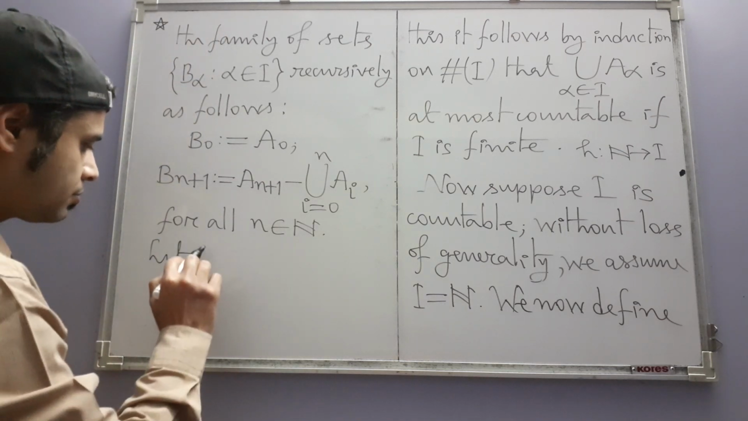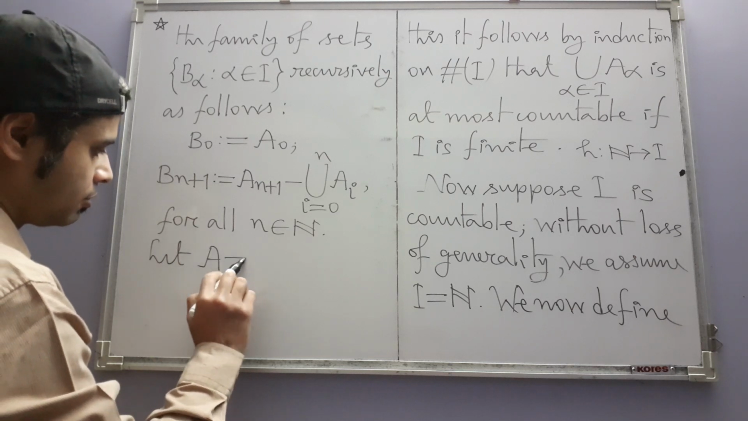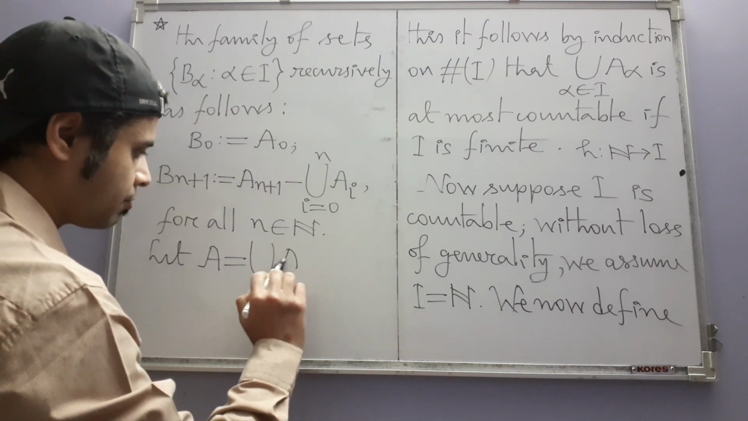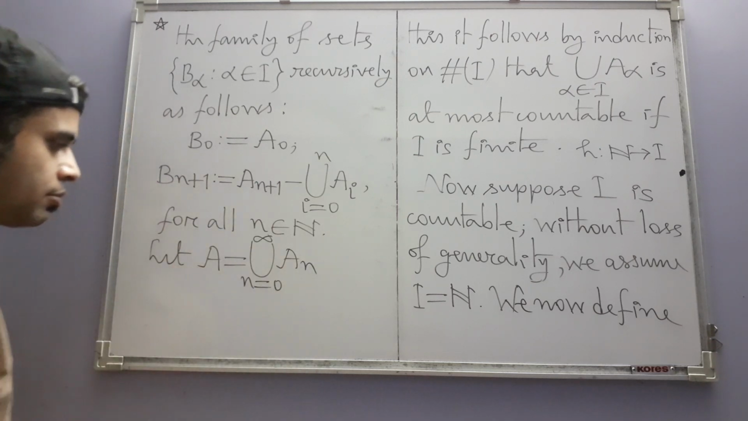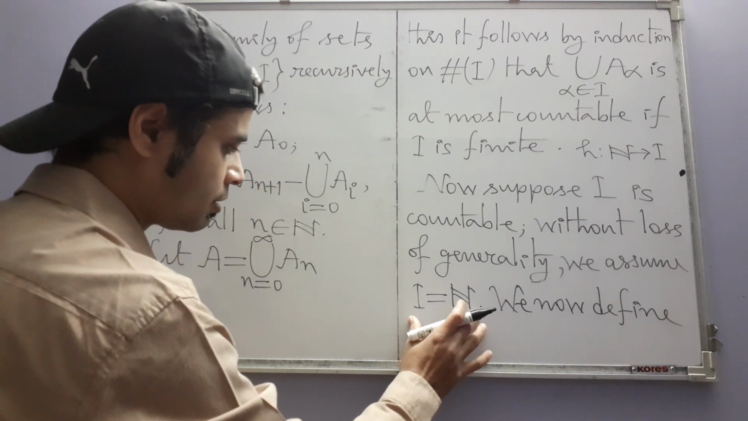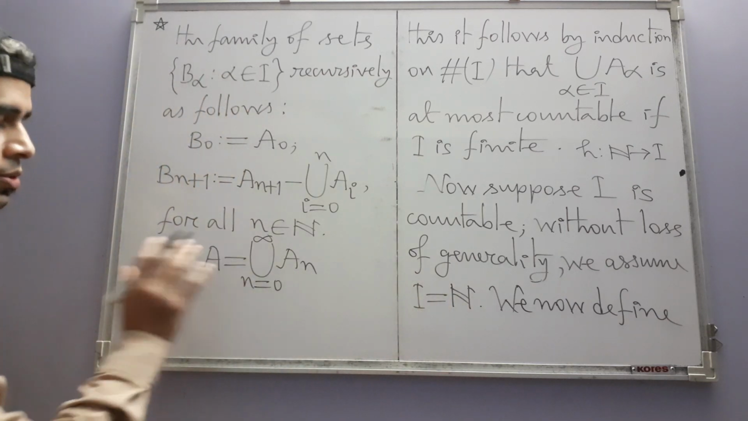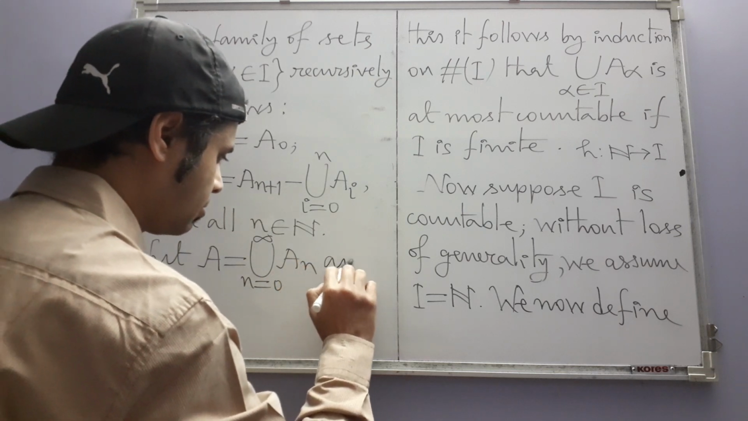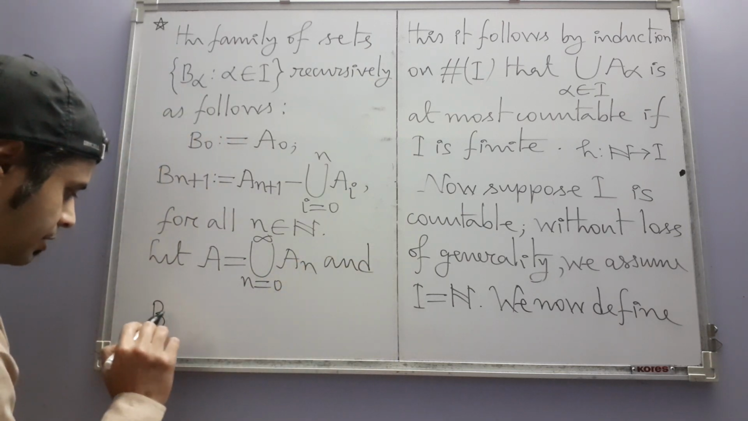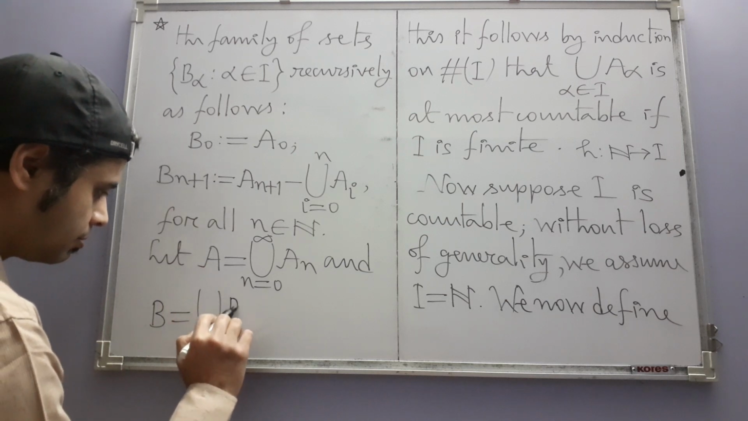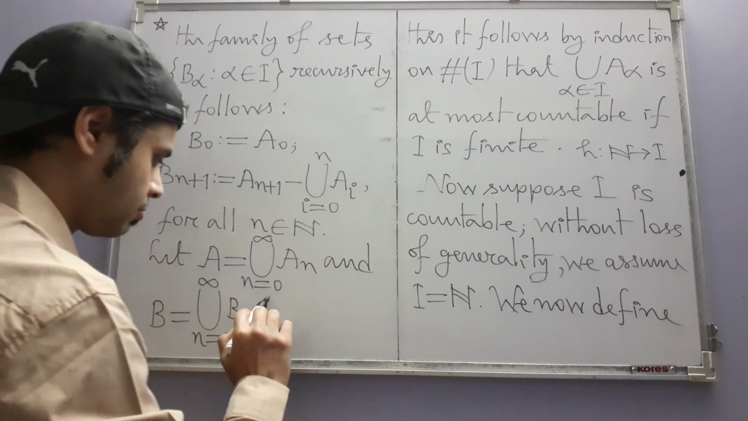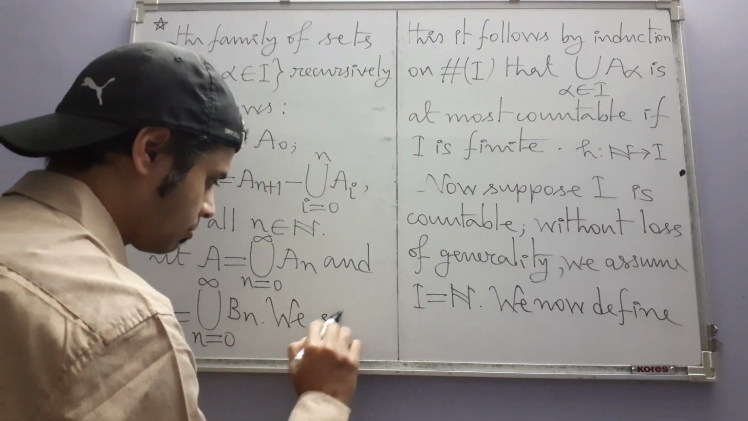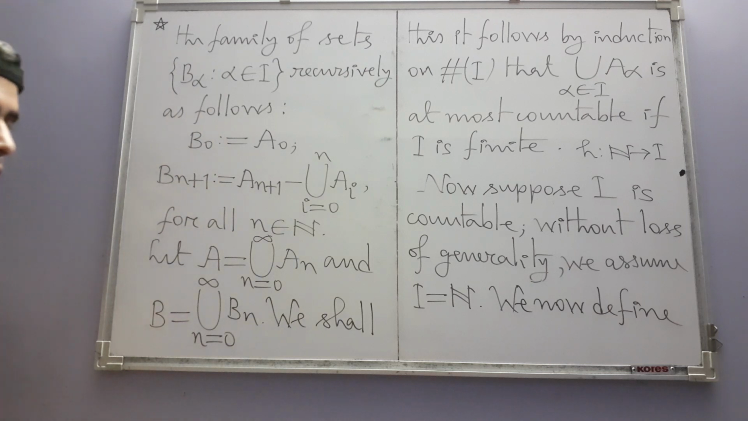Let A be the union of our An's. Our assumption makes this meaningful, and let B be the union of all the Bn's. We shall now show,